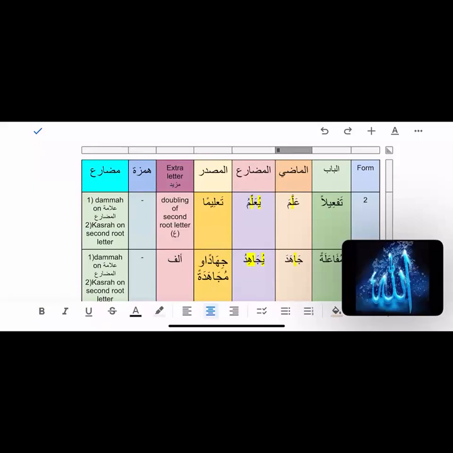Ameen. Ya Rabbul Alameen. So here we are with our session number 113, Alhamdulillah, Bismillahi Ta'ala, and we are going to start a quick review of all the families that we have covered so far, inshallah, and then we will, inshallah, learn about Al-Masdarul Mu'awwal that we started in our last session.